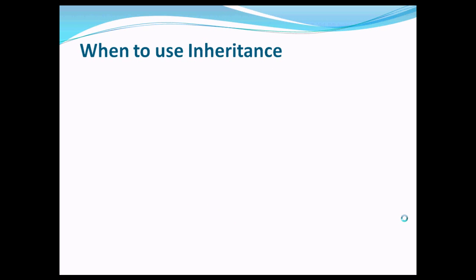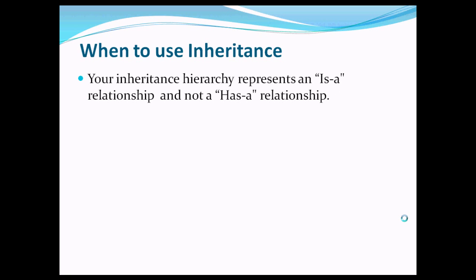When to use inheritance? Now we will look at the first point. Two ways to show class relationships in object-oriented programming are is-a and has-a relationships. In an is-a relationship, the derived class is clearly a kind of base class. Objects in an inheritance hierarchy should have an is-a relationship with their base class because they inherit the fields, properties, methods and events defined in the base class.